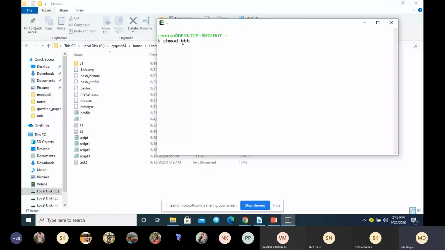The first 6 indicates file owner, the next 6 indicates file group owner, and the last one indicates others. And give the name of the file. Let me give 2. Now you see the permission.